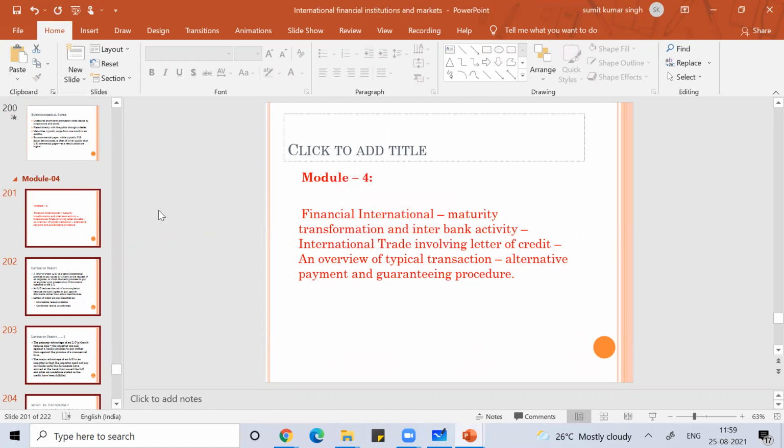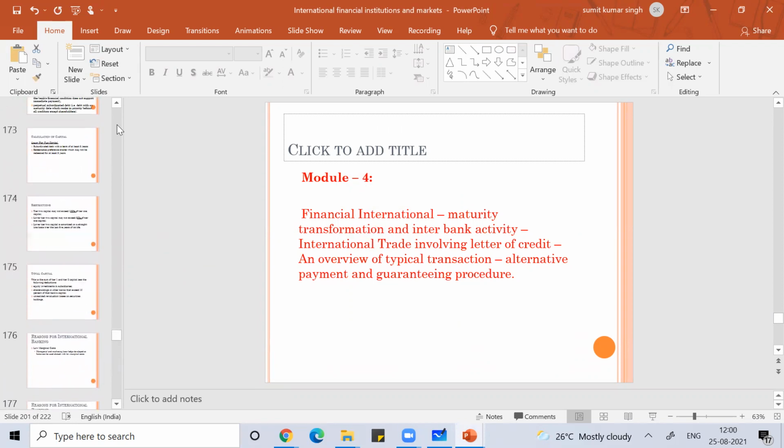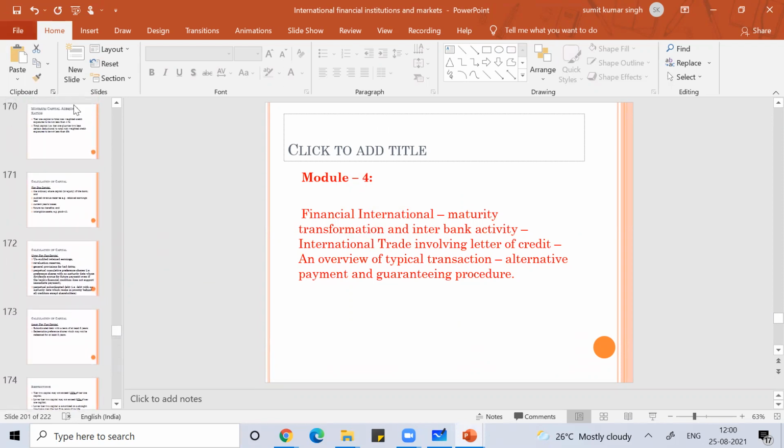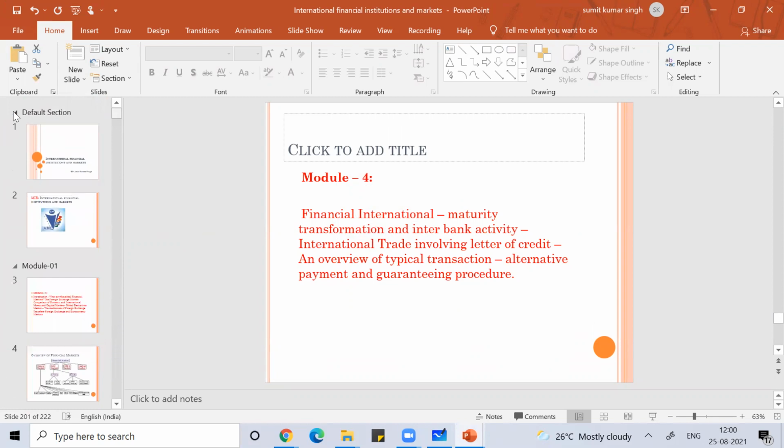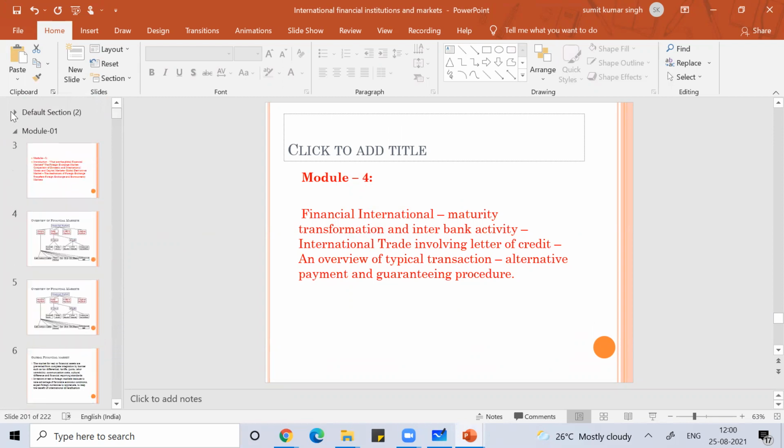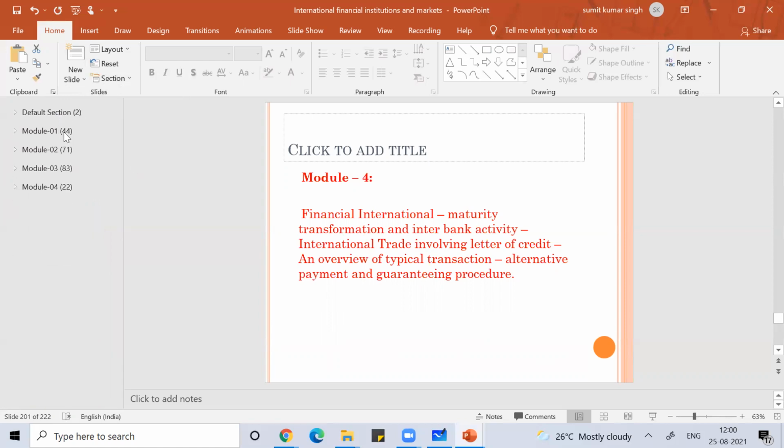So now guys, if you notice, I'll press Ctrl S to save whatever I did. So it should save that. Now, if you see my slides, you see this, can you see the same thing which was not coming earlier? Because it is not updated section, you can see a rename section, collapse all. If I see collapse all, can you see this module 1, module 2, module 3, module 4?